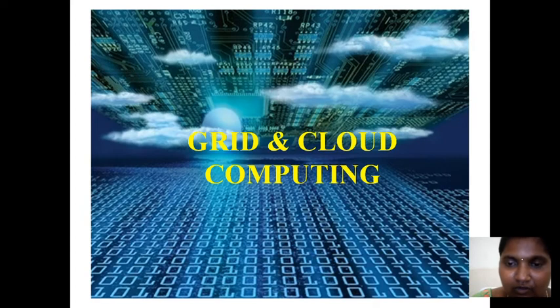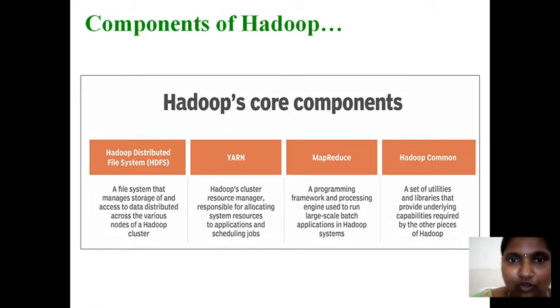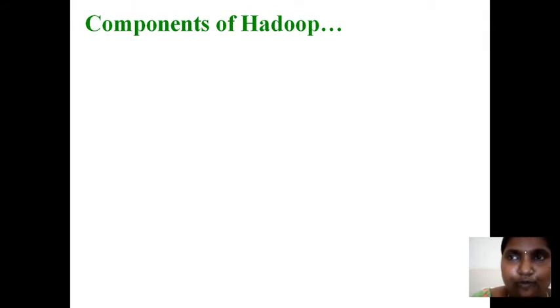So my topic is grid and cloud computing. We know about this. Now coming to the components of Hadoop. As we have to do a lot of transactions in order to deal with big data, those transactions are storage, processing, retrieving, maintenance, securing, etc. As an introduction, the Hadoop framework by Apache gave only 4 components for maintenance of big data. Later, they introduced a lot of tools which can be helpful for more efficient processing, storing and retrieving of the data.